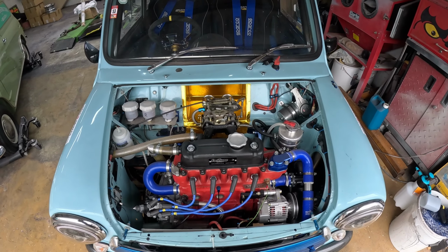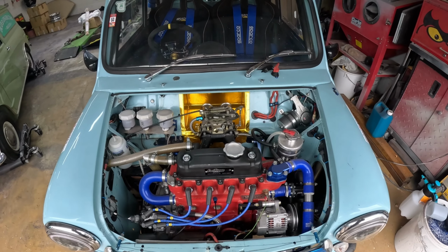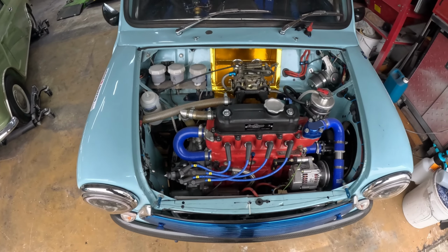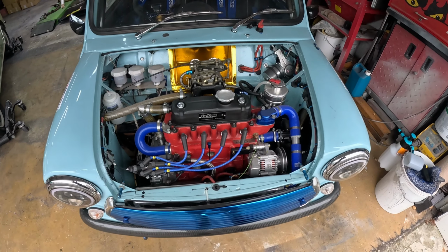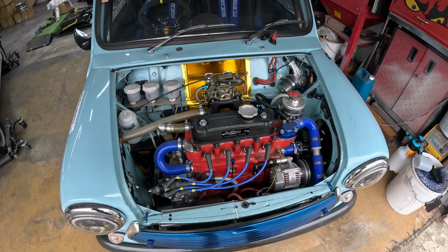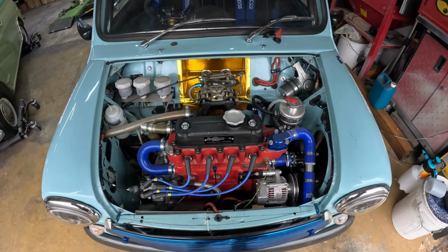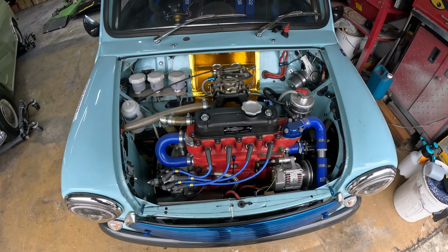then after me and Keith had sort of got used to the car, we felt we needed more power. So the engine came out, went back to Swiftune, and they rebored it to, I think, 1310, and then put an SW10 cam in it, straight cut gears, and that's when I changed to a Weber. So before that it was on a HIF carb, or HIF44, and then I went to the Weber, and then we drove that for about 18 months, and